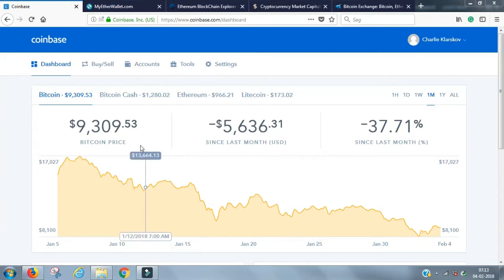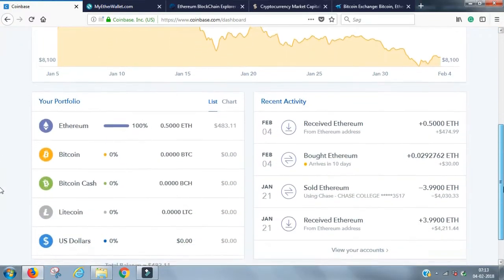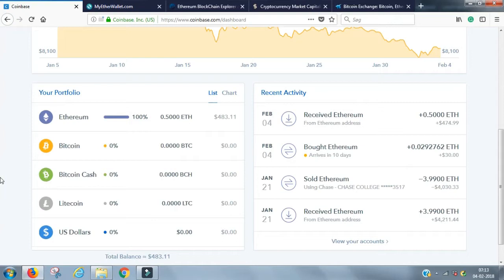In here, it's the main exchange for trading your fiat money into Bitcoin, Bitcoin Cash, Ethereum, or Litecoin, which are the main coins that you use when you want to purchase a specific cryptocurrency. Meaning that when you are starting out, you want to purchase one of those four coins for your fiat money, for US dollars, for example, and then you use one of those four to exchange for the specific cryptocurrency you're looking for. I happen to have half an Ethereum in my wallet here, in my portfolio, worth $483 at